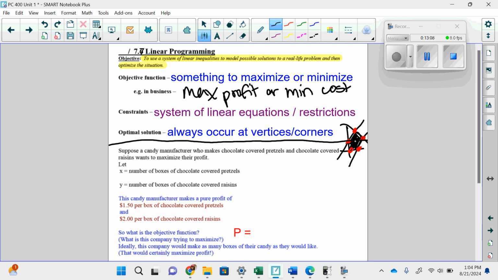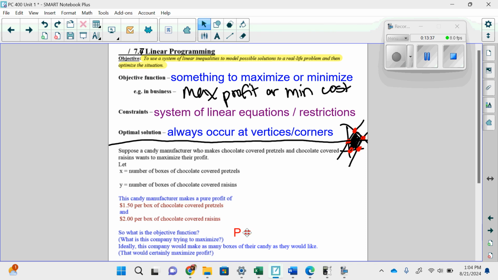Suppose a candy manufacturer who makes chocolate-covered pretzels and chocolate-covered raisins wants to maximize their profit. So right now, maximize profit, I'm probably going to do some linear programming. Let's let X be the number of boxes of chocolate-covered pretzels and Y be the number of boxes of chocolate-covered raisins. This candy manufacturer makes a pure profit of $1.50 per box of chocolate-covered pretzels and $2 per box of